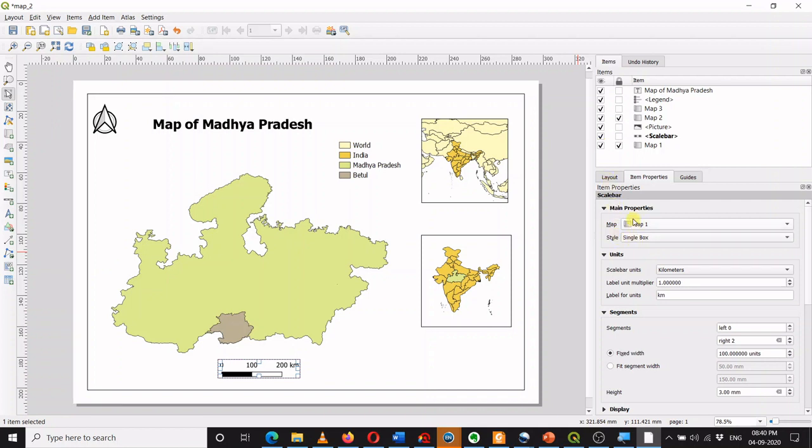You need to ensure that when you select a scale, the appropriate map is selected. If I select map 3 or map 2, then my scale will be like this.